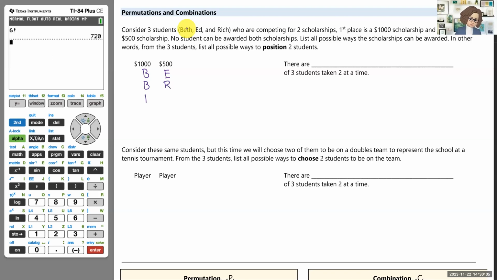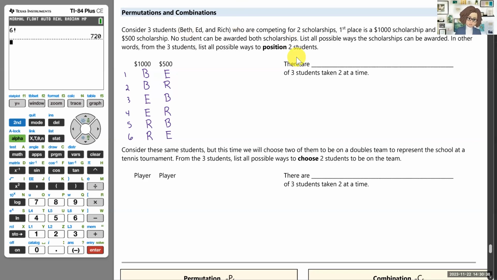Okay, let's move on to Ed first. So Ed gets 1,000 and we'll give Beth 500, or Ed gets 1,000 and Rich gets the 500. And then finally, let's start with Rich first. So Rich gets 1,000. We'll do Beth 500, or Rich gets 1,000 and Ed gets 500. So if we count there, there's 1, 2, 3, 4, 5, 6 different ways to award the scholarships. So there are 6,